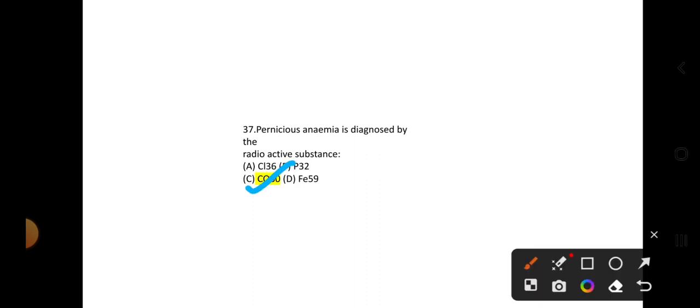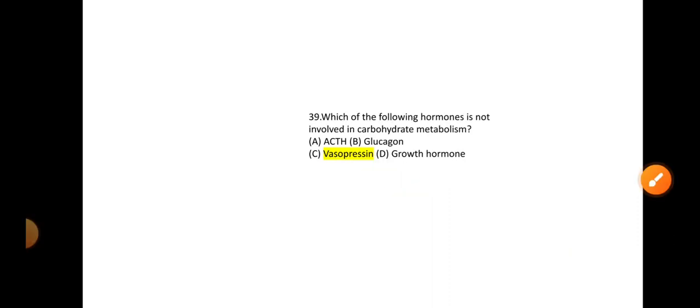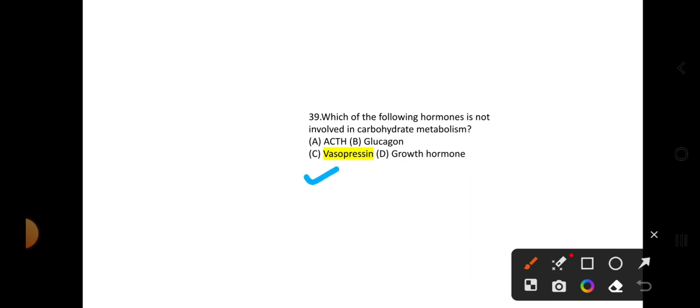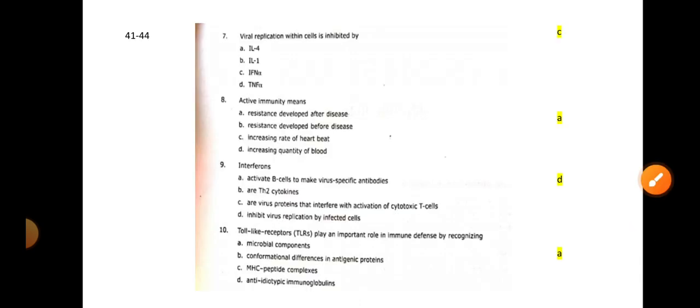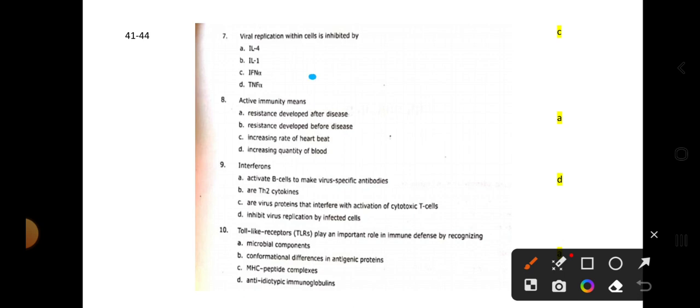37. Okay. So pernicious anemia is diagnosed by cobalt 60. Okay. And then thyroid function is determined by iodine 131. Which one of the following hormones is not involved? Vasopressin. You all know that it will not be involved in carbohydrate metabolism, in mineral metabolism it will take part. Essential agent for converting glucose to glycogen is UTP for charging, and viral replication in cell is inhibited by interferon